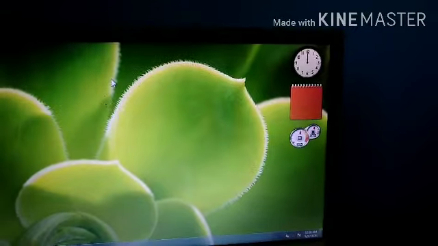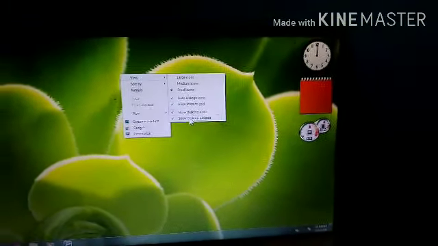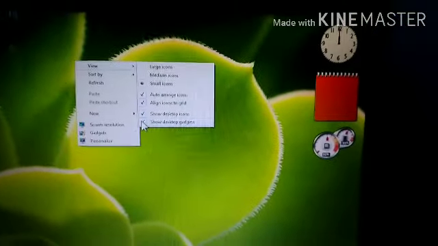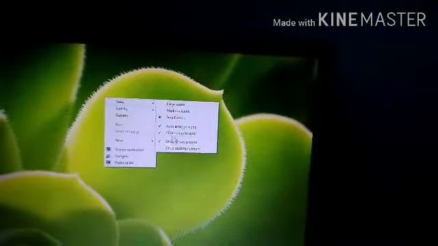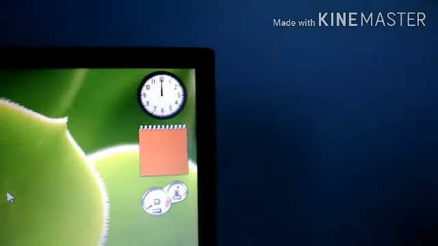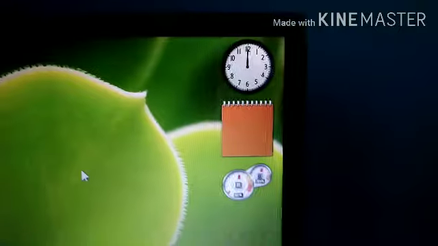Okay, now close this, and now right click on view, show gadgets. If this option is ticked, then you can see these gadgets. Otherwise I'm just unticking this option. Okay, the gadgets are also not appearing now. So right click on this, click on view and show desktop gadgets. Now you can see these gadgets on your desktop.